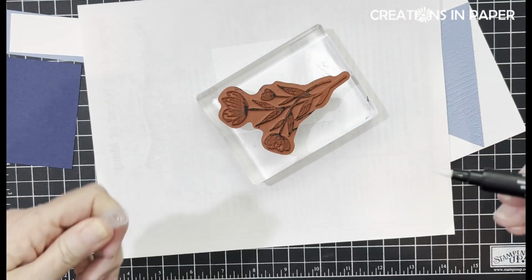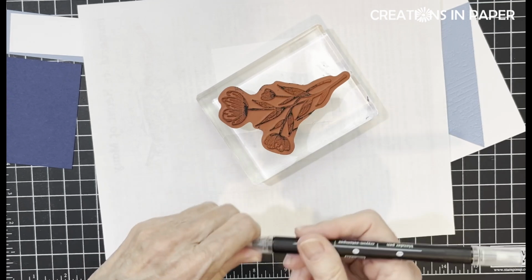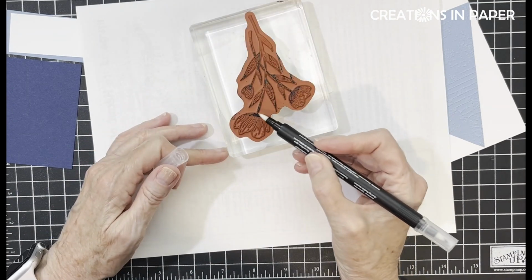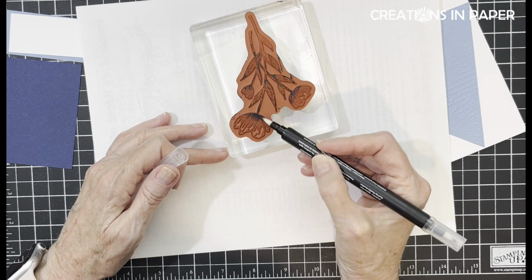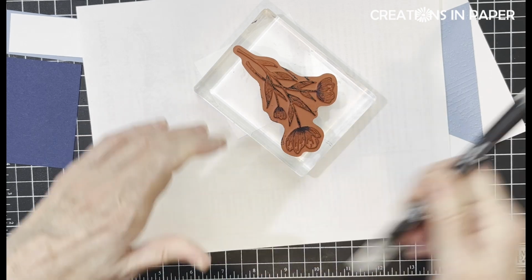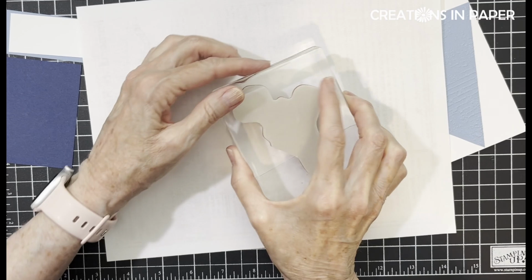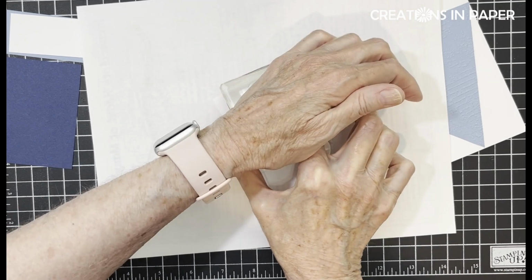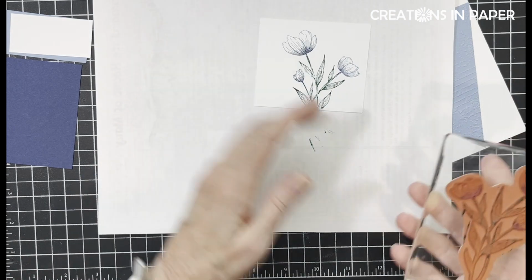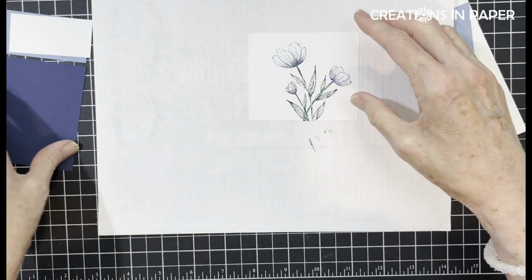Couldn't find my blender pen. I had to, oh, there it is, right there. Darn. Okay, so you're going to take your blender pen, and what you're going to do is you're just going to kind of pull that dark navy out and up some. All right, there. Now, because it's been a while, I'm going to huff on this. And then I'm going to stamp to the side here, because the way the sketch is, oh, pretty. The way the sketch is, this piece is on